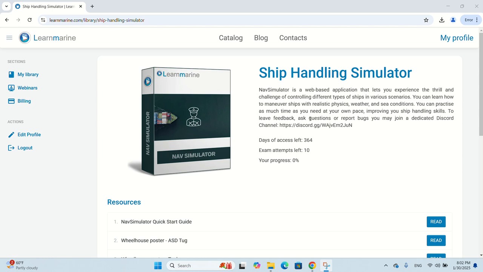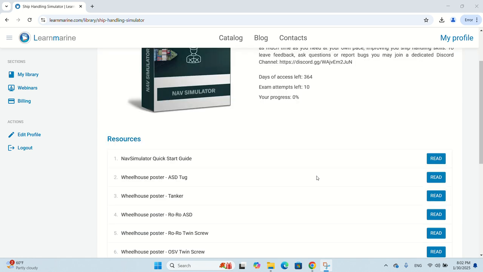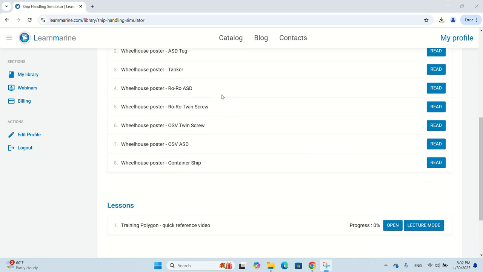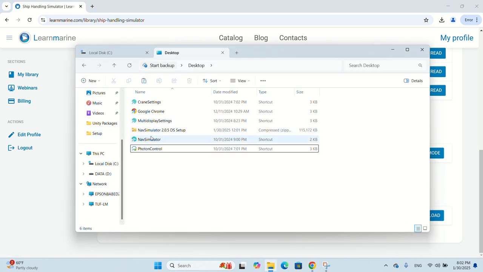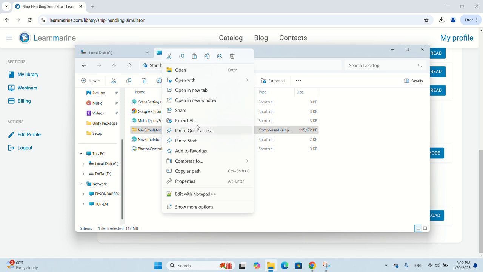Hello, in this video we are going to review how to install NavSimulator PC client and how to set up VR inside ship handling console in order to practice maneuvering with the ship models. So you have to scroll down once you're in the library of ship handling simulator to the tasks area. You click download. Once you downloaded the file, you locate it in the corresponding folder, extract the archive,